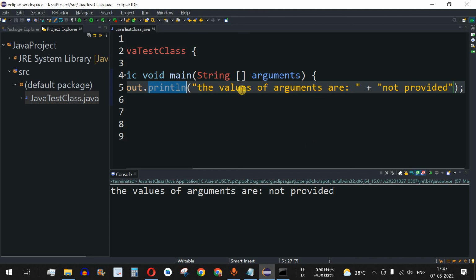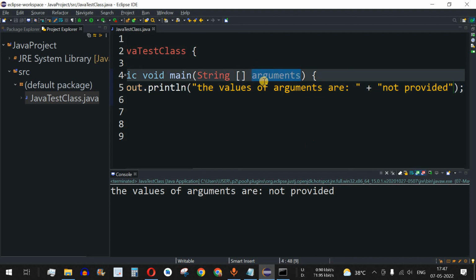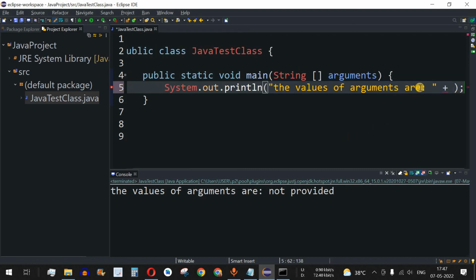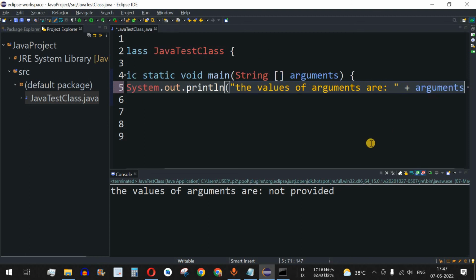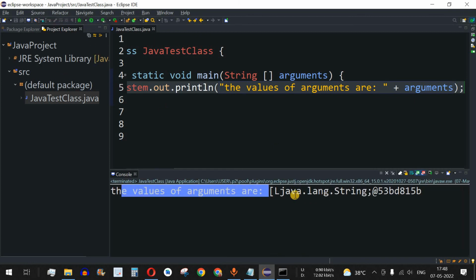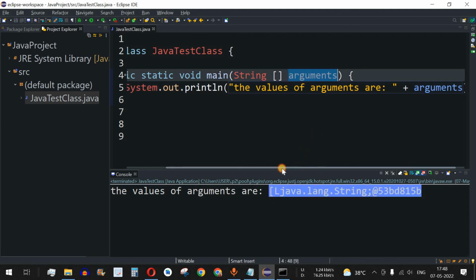over here inside this println method. So guys, what we are going to do is we are going to use this arguments variable over here. So I'll just copy, and whenever we are using the variables, there is no need to provide the double quotes. So without providing the double quotes, we will provide arguments. So let me save this file and try running this code. So as you can see, the values of arguments are,